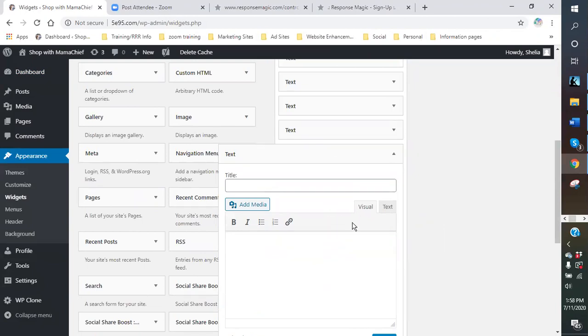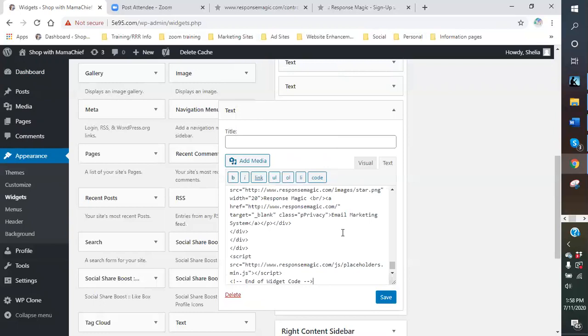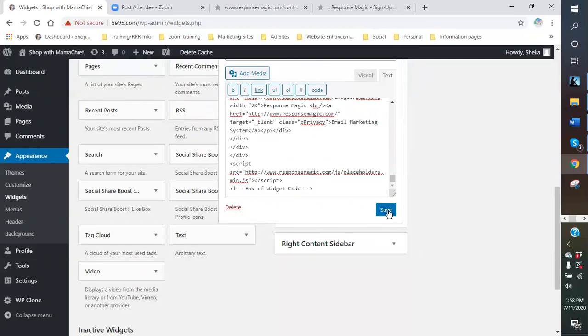You want to make sure that it always pops up in visual. Do not put a title in it. If you title it whatever it is, that title's going to show up with your magnet or show up with whatever your link is. It does not look good. It takes away from the whole page. Do not put the title. Do not label it. It's going to show up in visual. We don't want it in visual. We actually have a text widget. So you're going to click on text and you're going to paste that text in there. And this is what it should show up and look like. And then you want to make sure you hit save